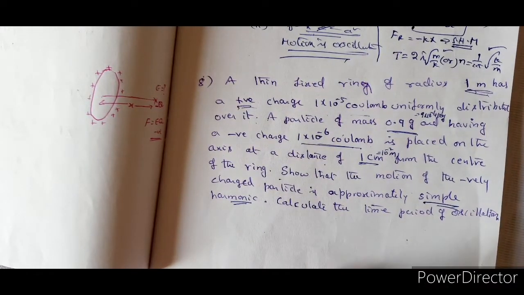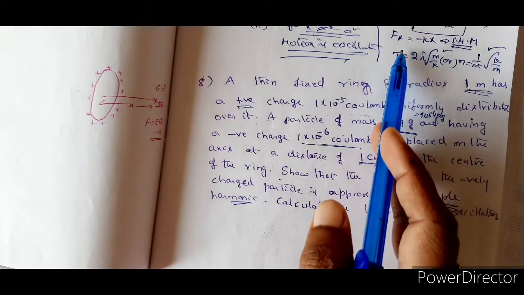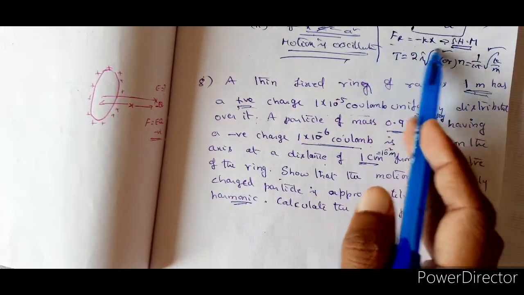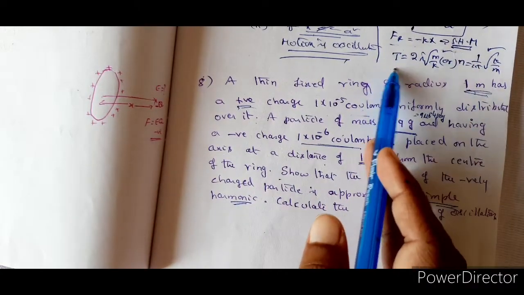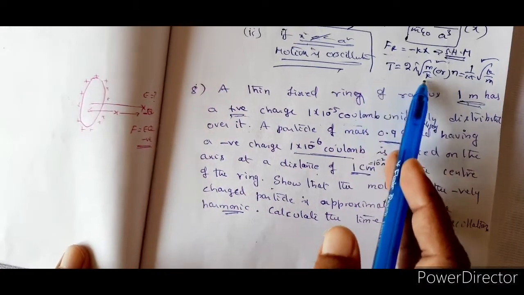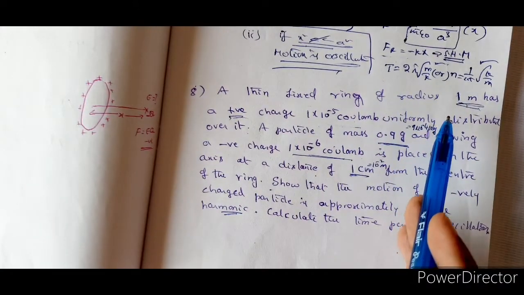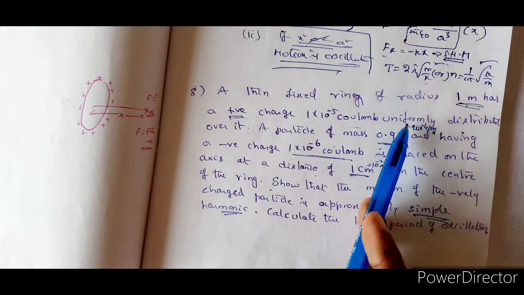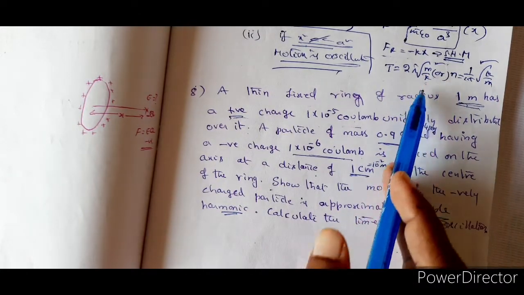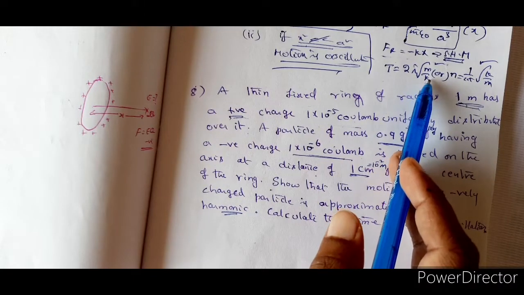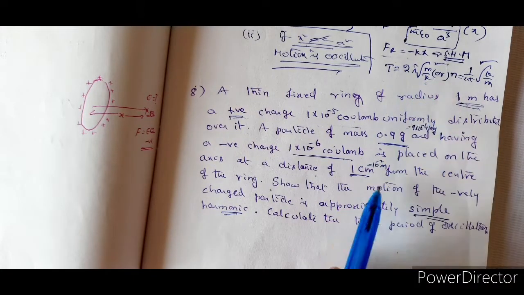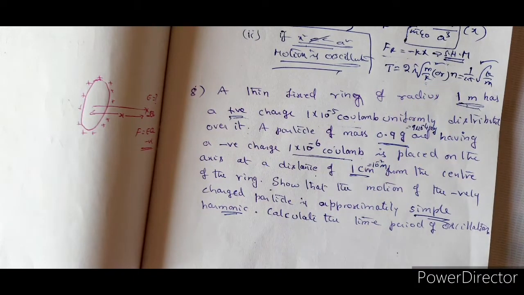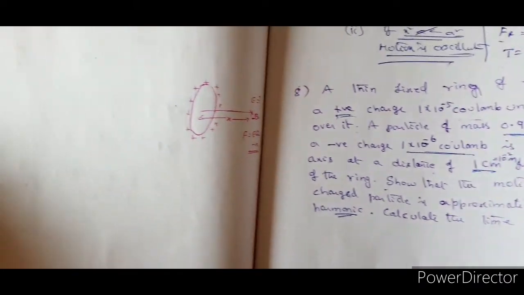Just now we have seen, if the restoring force is linear, then absolutely you can use the formula T is equal to 2 pi into root m by k, where k is the force constant. This is from your 11th standard, from simple harmonic motion you will be learning this one, k being the force constant. Clear? Okay, let us see how to solve this problem.